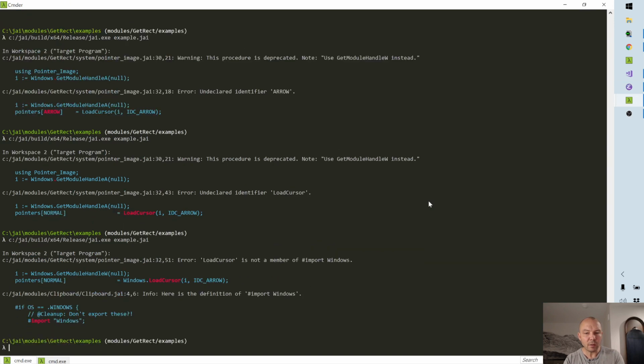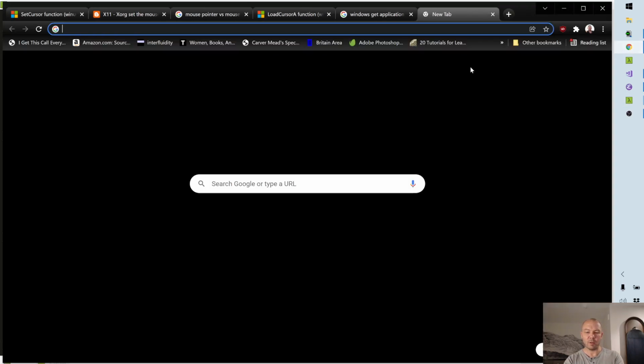Actually, we should undeprecate. So the deal is in Windows 11, all the A functions are UTF-8, right? And so we actually want to undeprecate these. Because it used to be these are bad and you shouldn't use them, but